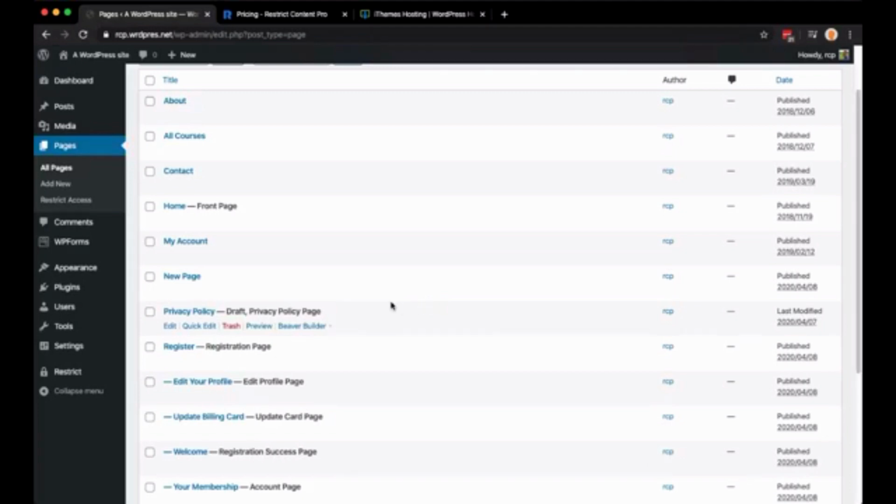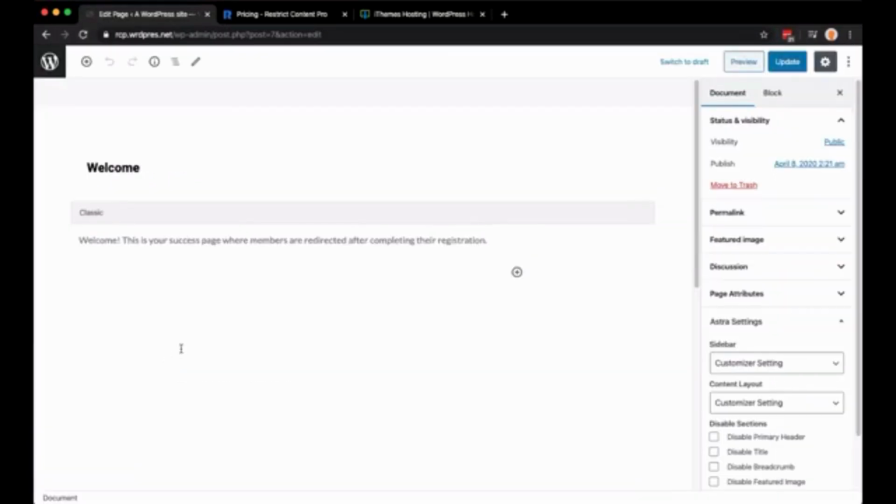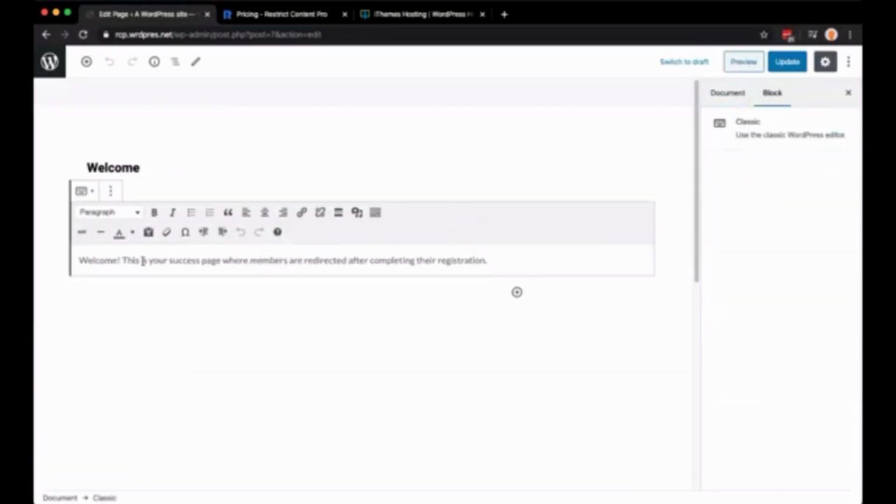But one of the things I did want to show you that Restrict Content Pro does is it's going to pre-install a number of pages, and then it's going to assign those pages into Restrict Content Pro. So if you look at, say, this welcome page, if we click Edit for a moment, you will see that it's got some text in here. It's using the classic block. If we go back